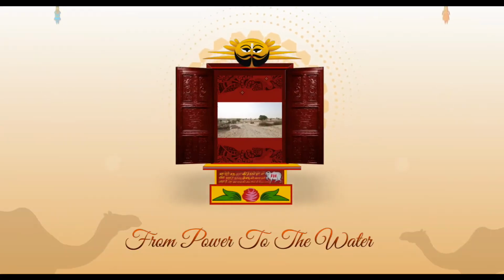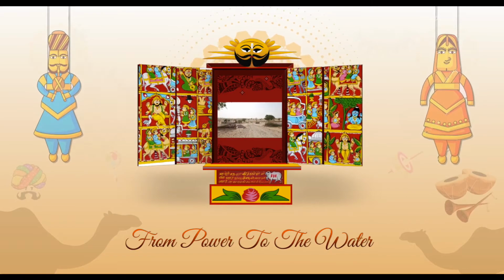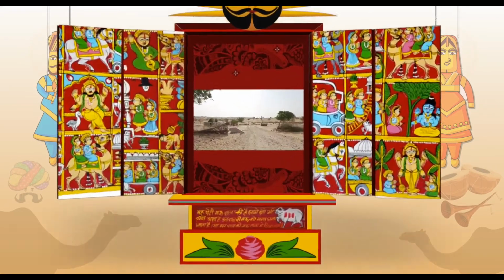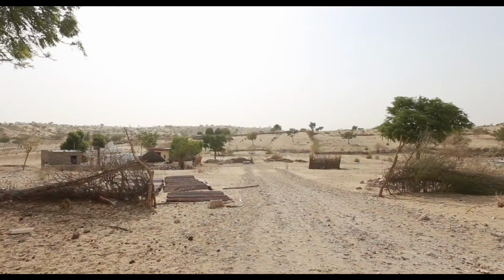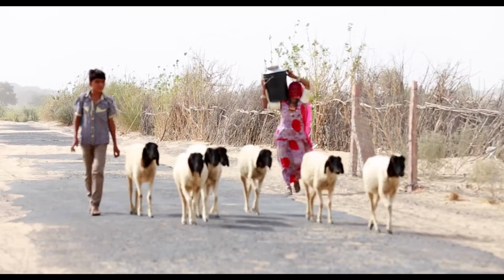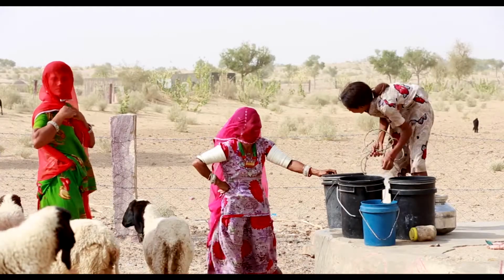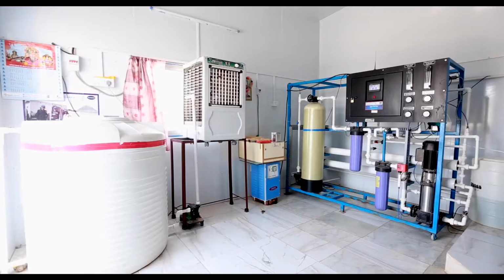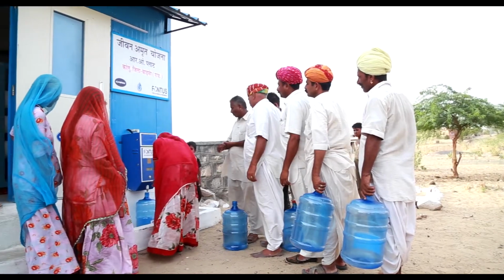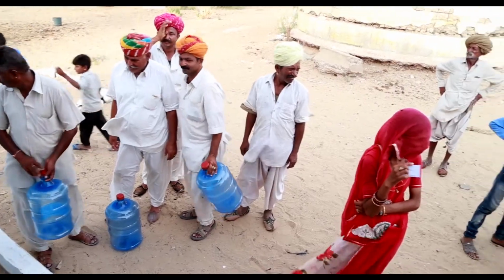From power to water. With barely 100 to 200 millimeters of rainfall in a year, most villagers travel miles to get their daily supply of drinking water. Jeevan Amrit project was a brainchild of Cairn India in collaboration with the PHED Government of Rajasthan